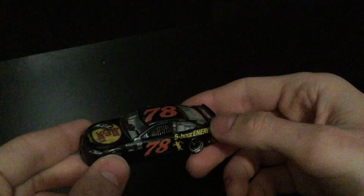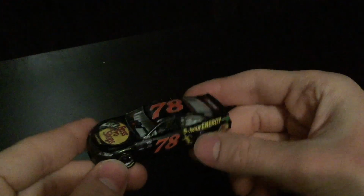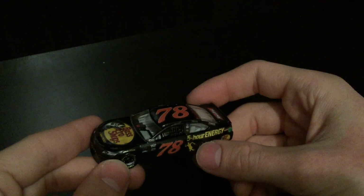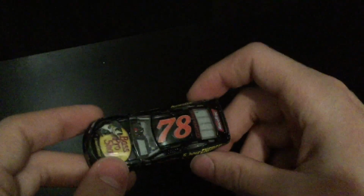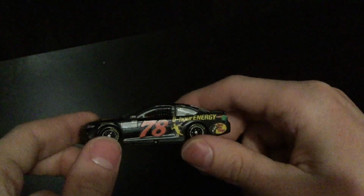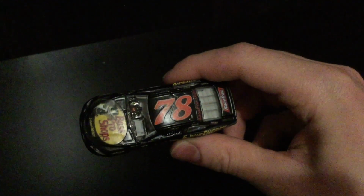And I don't know if Lionel's going to make a 1:64 of this. I really don't know. I imagine they're going to make a 1:24, but I don't know about a 1:64. Do I think they will? I'm going to say I have no clue. But I felt like it was very necessary to make this custom. This car, just, you know,